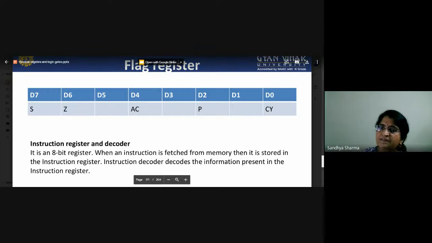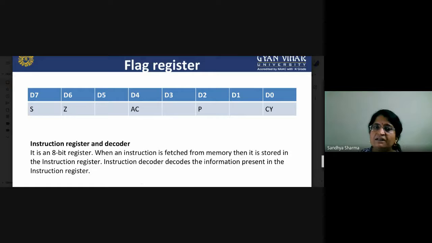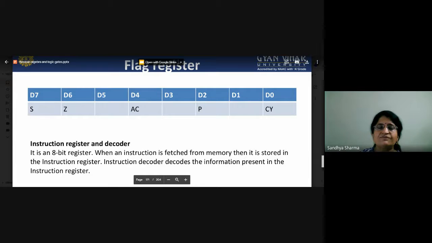D0 is the carry flag, D2 indicates parity, D4 is auxiliary carry, Z is the zero flag and S is the sign flag. So these are 5 bits that will be set to either 0 or 1 according to the result stored in our accumulator. Now we will move to the instruction register and decoder.